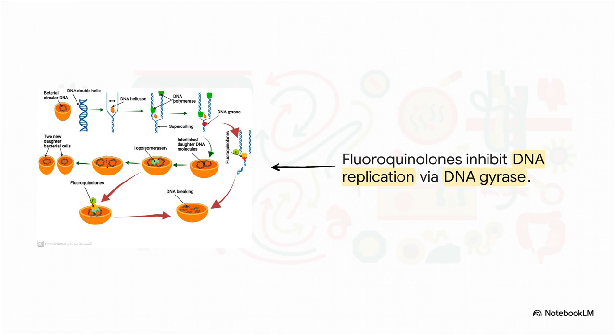It's a beautifully complex process. First, DNA helicase unzips the double helix. Then, DNA polymerase comes in to copy the strands. But unzipping DNA creates immense mechanical tension downstream. Imagine pulling apart a twisted phone cord. To prevent the DNA from snapping, bacteria use enzymes called DNA gyrase and topoisomerase IV to carefully cut, untangle, and